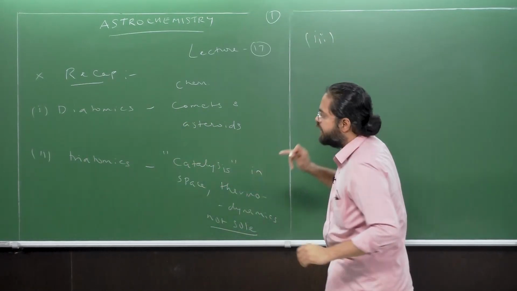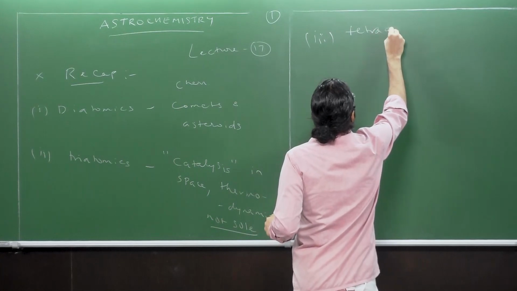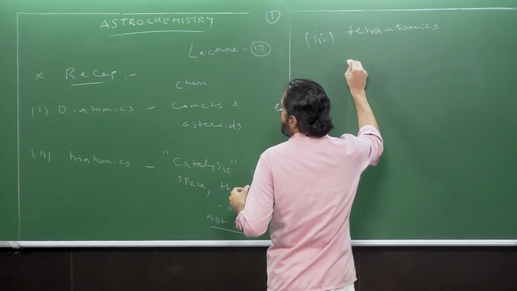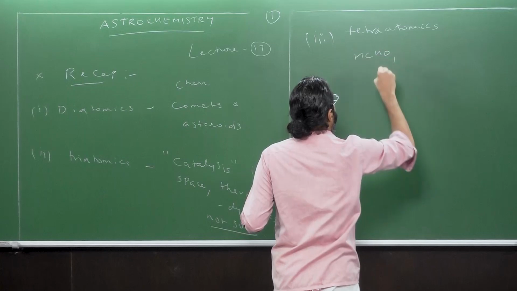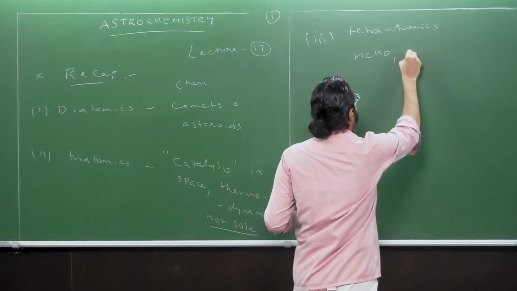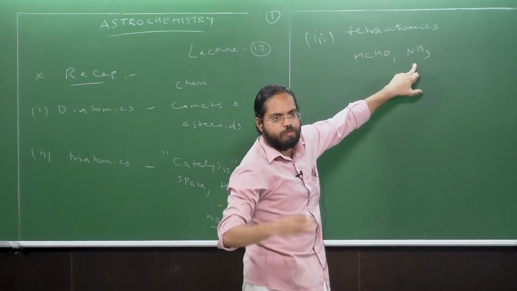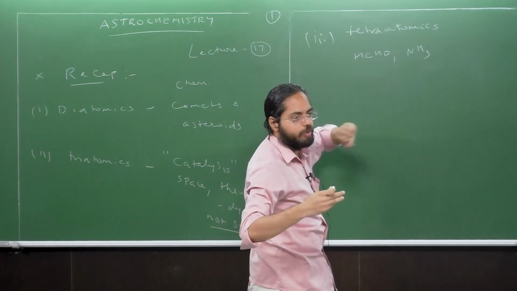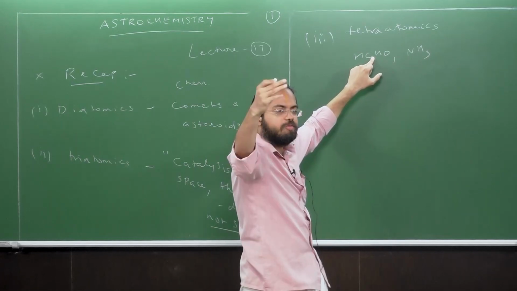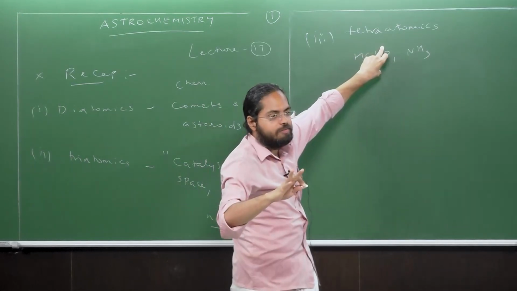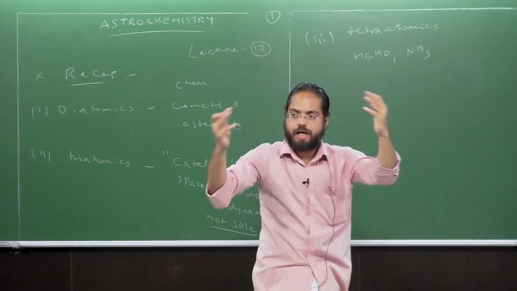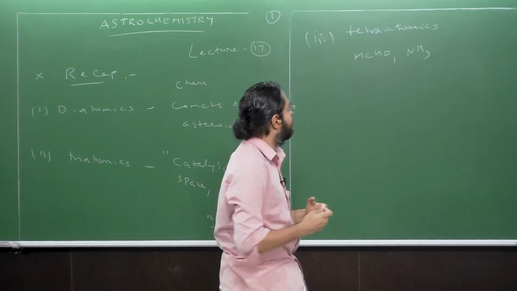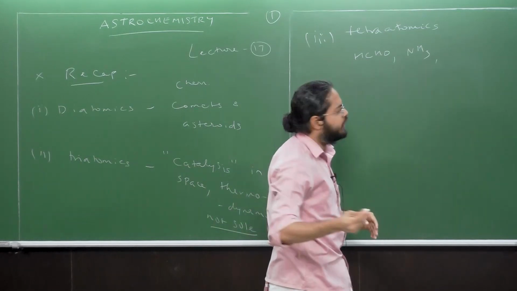We studied about the tetraatomics, and I think the examples I gave you were of formaldehyde and ammonia. So ammonia is responsible for our understanding of the dense molecular clouds. That dense molecular clouds even exist is partly due to ammonia. And HCHO, I told you, could be responsible for further sugar chemistry, not happening in the ISM itself, but once HCHO polymerizes, it can give rise to a lot of sugars, which are very important and critical for our day-to-day functioning on Earth. Okay, so then the next example we chose was